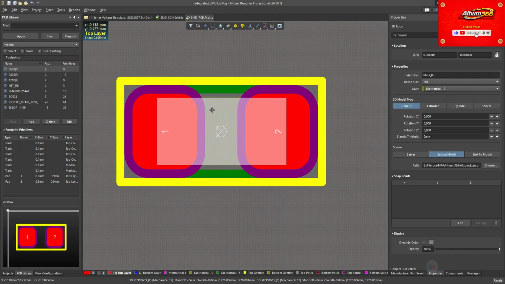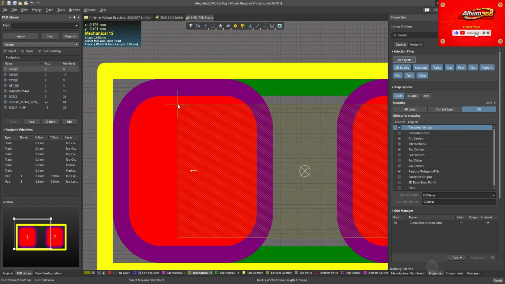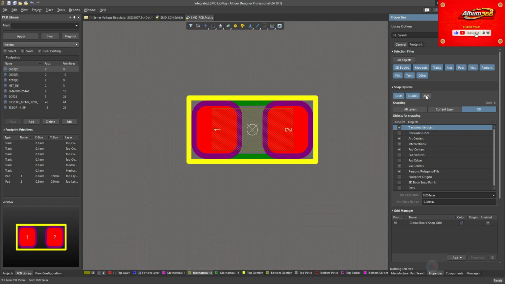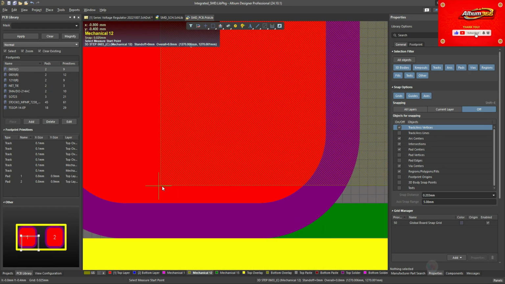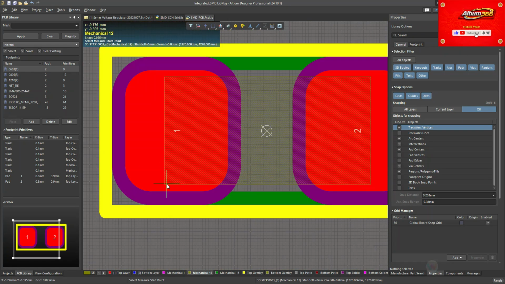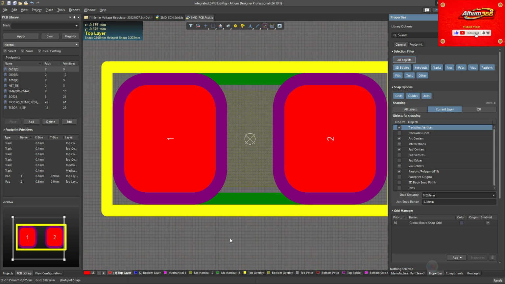So let me measure first the body of the capacitor. Here you can see that it's not snapping. Let me go to the properties. In the properties, you have to select the guides and axis snap options, and then let's check it again. No, it's not snapping those areas. So snapping is off, that's why. So let me choose the snapping for all layers, and then again, okay, so no, current layer. Okay, now I got it, because you can select for all layers, and then again you have to select